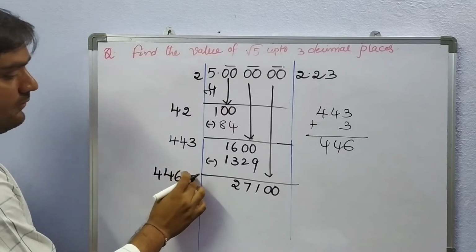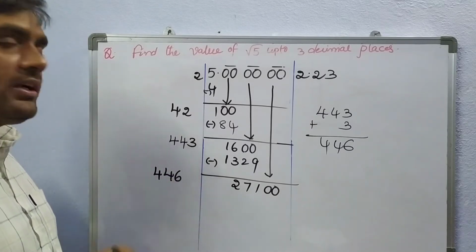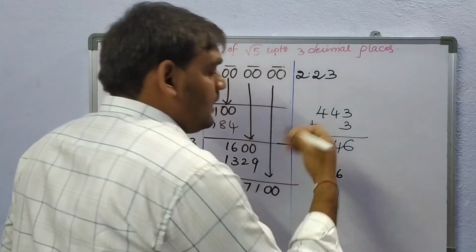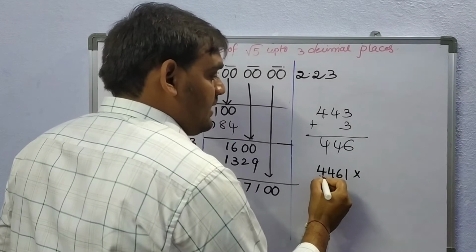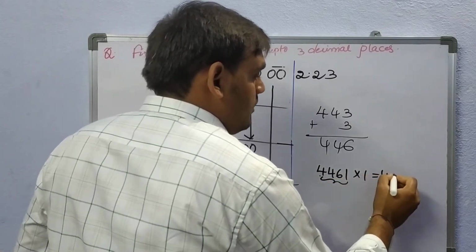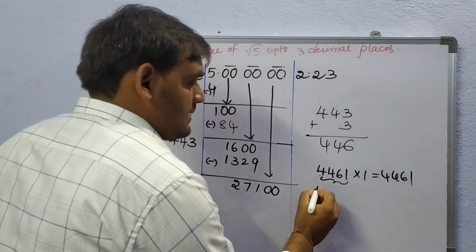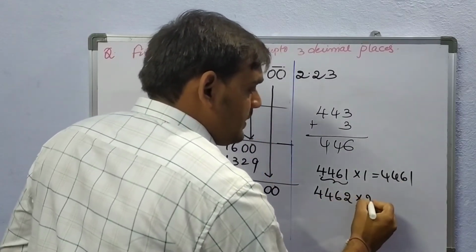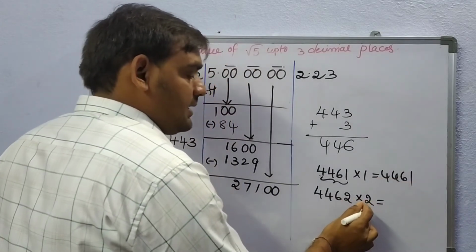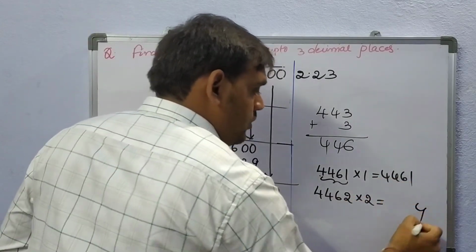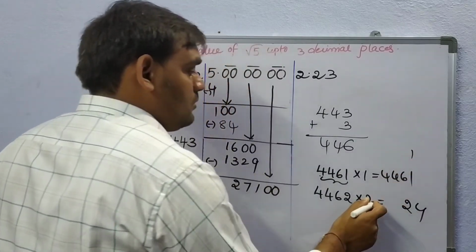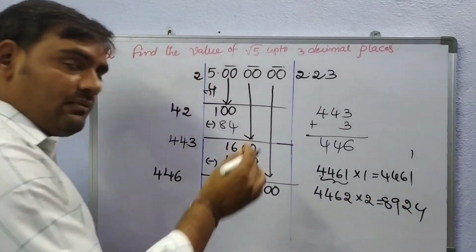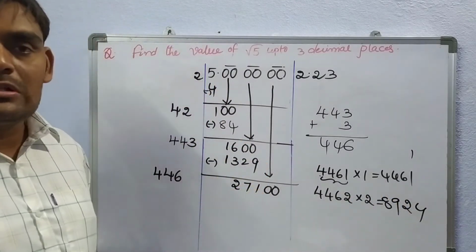After that, whatever number we are writing beside 446, we need to multiply with that one. Suppose if I write 446 beside 1, again the entire number I need to multiply with 1 only. So I will get 4461. Next, 446 after, if I write 2, I need to multiply the entire number with 2. So at that time that number will be 2 2s are 4, 2 6s are 12, 1, 2 4s are 8 plus 1, 9, 2 4s are 8. Next, like that we will get. So this value is 27,100.